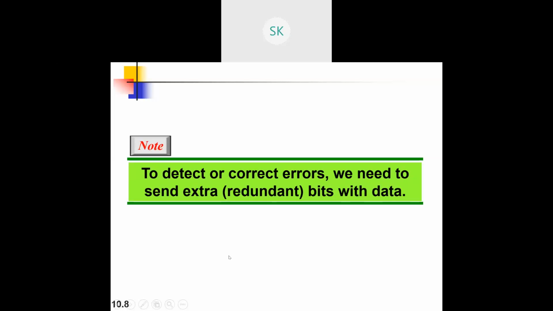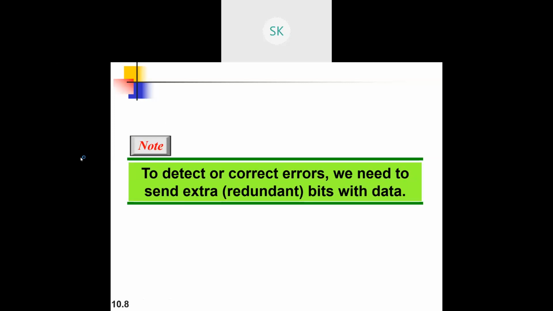We cannot detect errors as the data is transmitted, so we need to add some extra bits. Why? Just to code it in a different fashion. Based on these extra bits, I can confirm whether the data received at the other end is correct, or whether there is a change in the data bits transmitted from the other end. So we can add these extra bits with any of the techniques that we know.